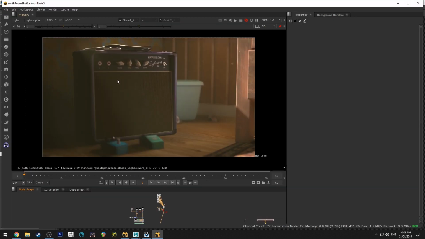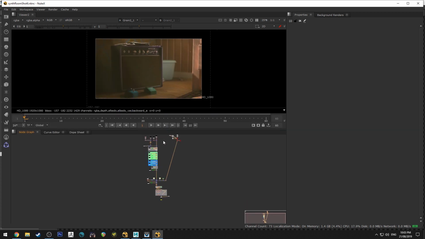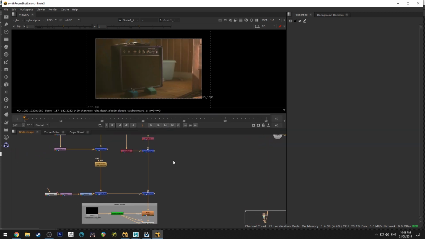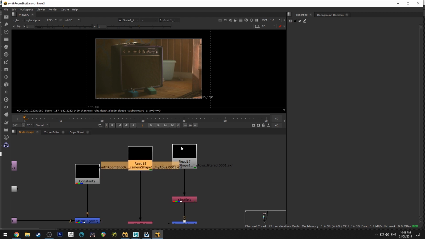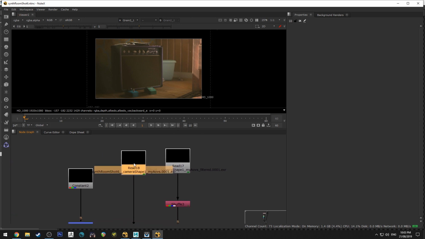So let's jump into Nuke and have a look at that finally. Okay, so here is the final composite. Now, obviously there's a lot of other things that I've added in after the fact, but you will see that illumination on the back wall is no longer there. So if I just zoom in here, there's a lot of other things going on in this scene, so don't worry too much about that. But we'll have a look at what I've got rendering out here.